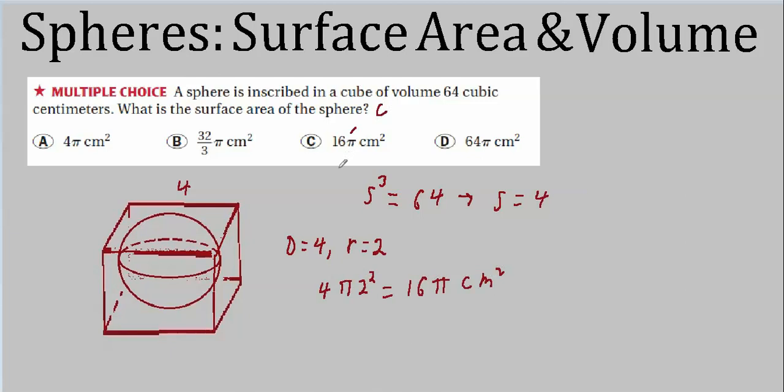Again, very easy as long as you remember your formula for the surface area of a sphere, and don't forget the volume of a cube is one side cubed. Considering you use the same word on both sides of the equation, it might make it easier to remember. Volume of a cube is the side cubed.